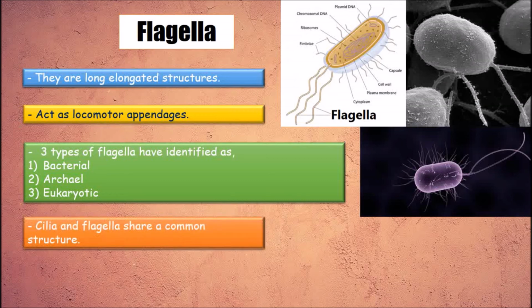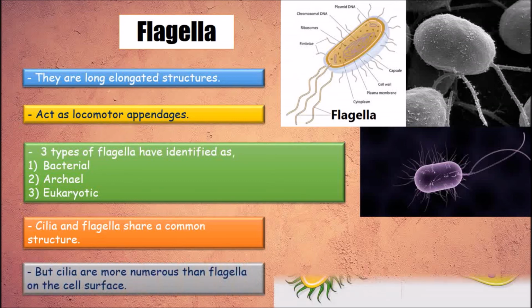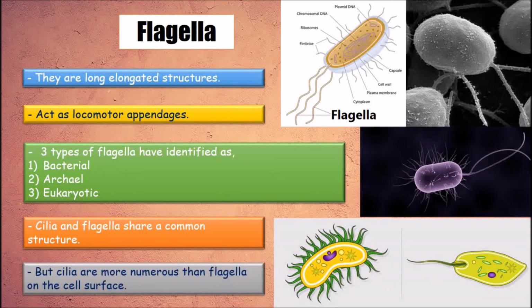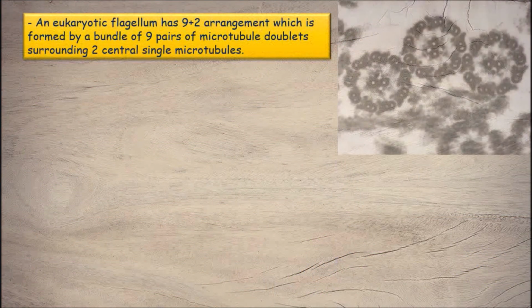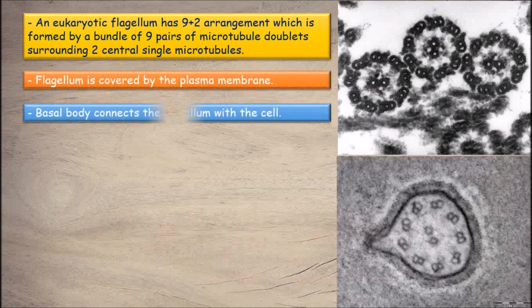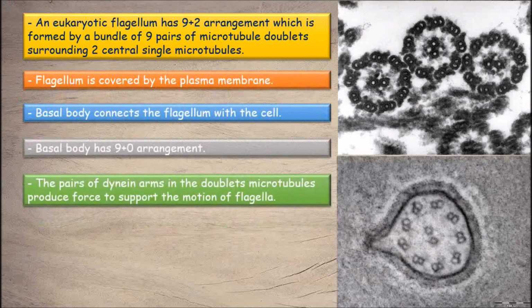Cilia and flagella share a common structure, but cilia are more numerous than flagella on the cell surface. A eukaryotic flagellum has a 9+2 arrangement, which is formed by a bundle of 9 pairs of microtubule doublets surrounding 2 central single microtubules. The flagellum is covered by the plasma membrane and is connected to the basal body, which has a 9+0